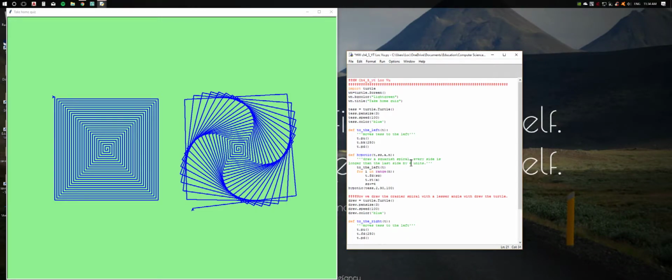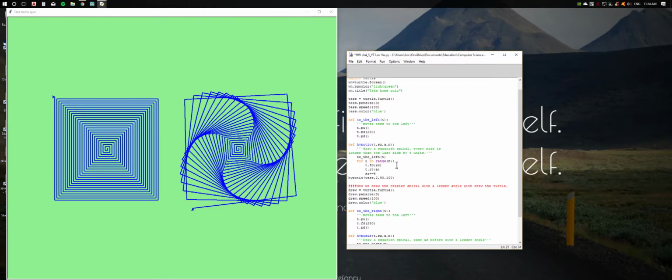Okay? Alright. Now, the next function I named hypnotic because, well, it has a very hypnotic effect. Okay, you can name your function whatever you want. So this essentially, as you can see in my triple quote docstrings here, is that I'm going to draw these squarish spirals, and every side is longer than the last side by 4 units, not 6. Anyways, then I drop my helper function in,